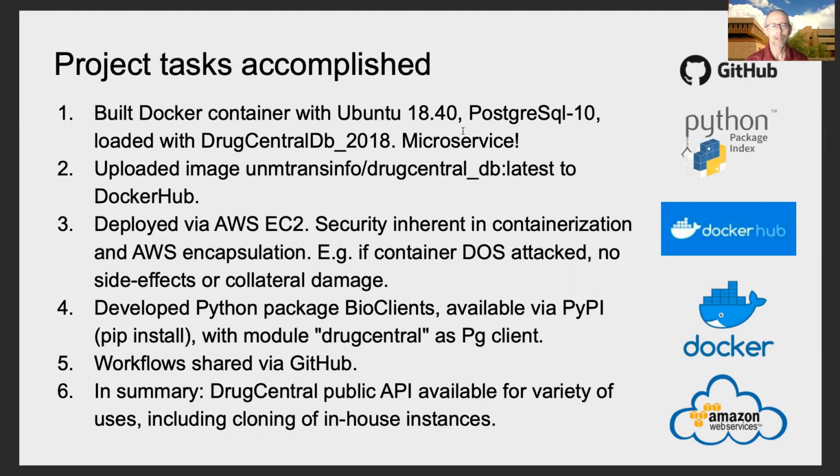This is what can be referred to in modern times as the basis for a microservice. We uploaded the UNM Transinfo DrugCentralDb Docker image to the repository Docker Hub, which is the standard community repository for Docker images. We deployed this via Amazon Web Services, Elastic Compute Cloud, EC2,